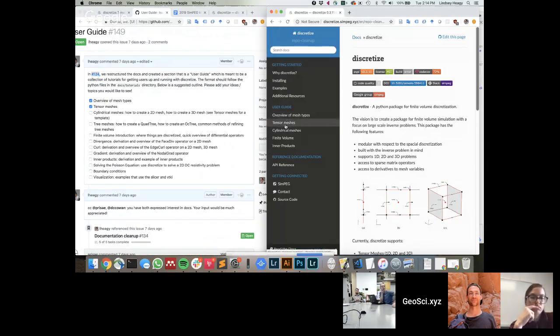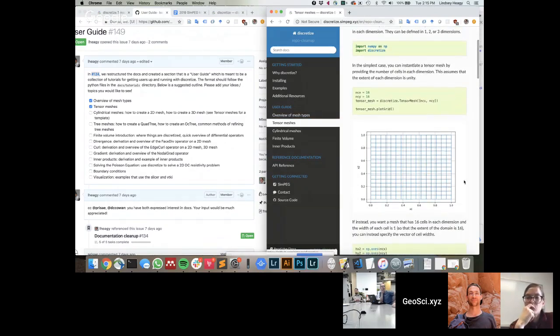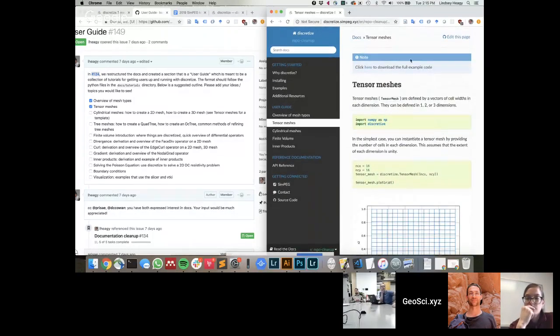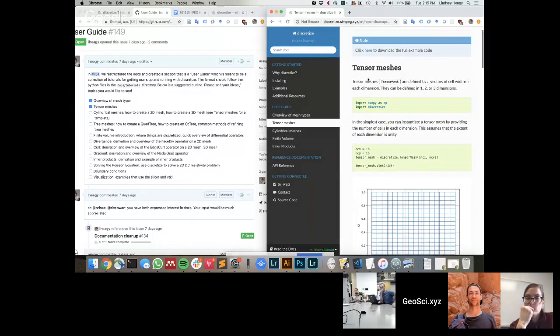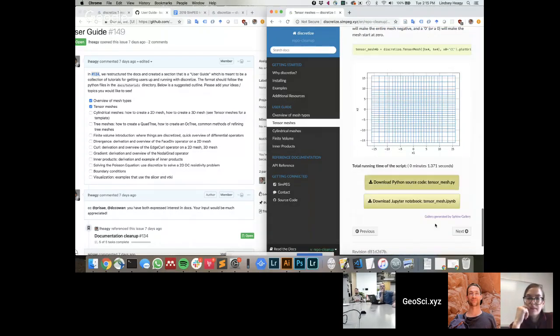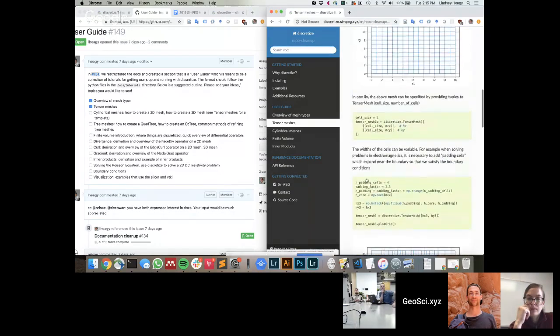So if we look at the tensor mesh, this is built from a Python script, which is kind of nice, so that you can download this as a notebook or as a Python script, similar to what we have for the examples, but meant to be a little more tutorial in nature.